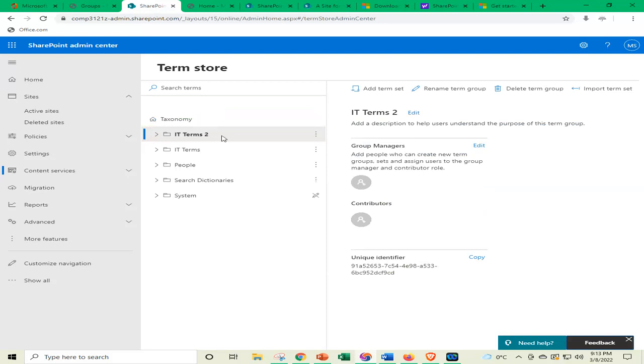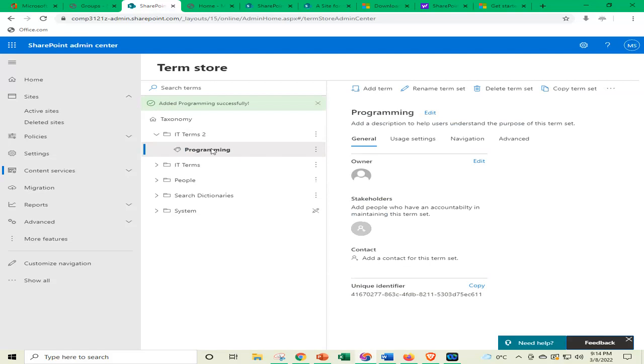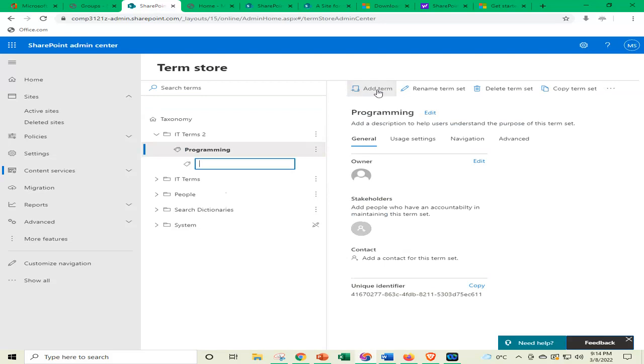When the group is added, then we add a term set under this one. So when we click on add term set, here we add a term set, like for example, programming. But we have to click enter to save it. See, under this, programming, saved. And under programming, we can add terms. So when we add terms like, for example, Java related terms,